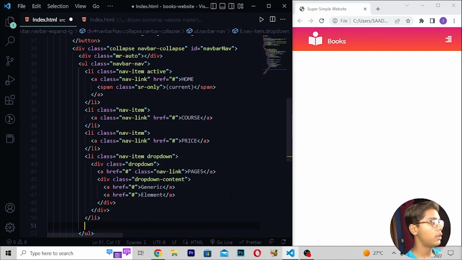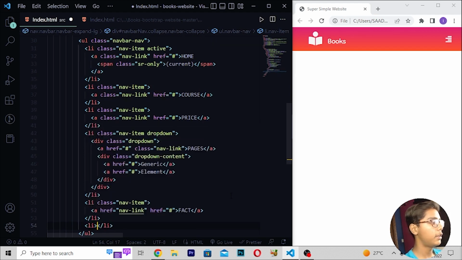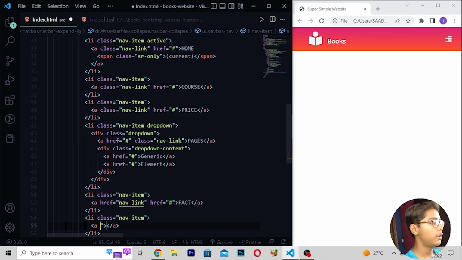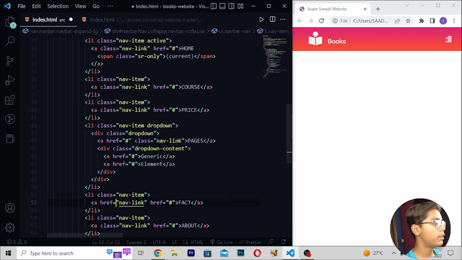Then you have to just move down right here li class nav item, then I'll be just writing a tag right here nav link, then right here href hashtag right here fact, then I'll be writing li, then here I'll be now writing class nav item, then I'll be writing here removing this right here class nav link, then when you've written this, here I'll be writing href hashtag like this, then here I will be writing about, then you have to move at the top, and then here I will be now writing class, then you have to save